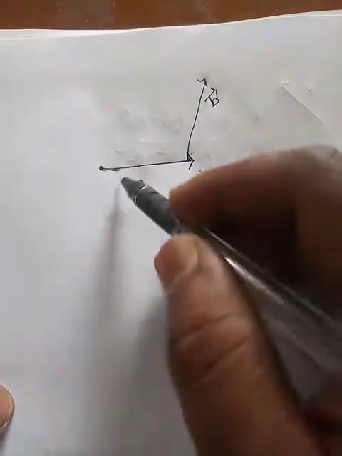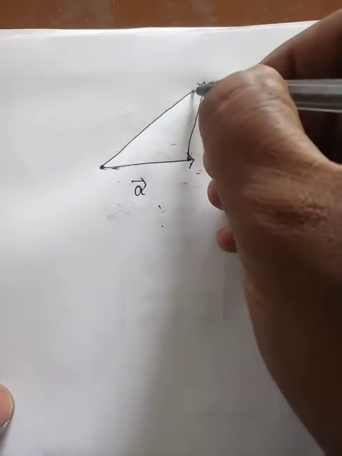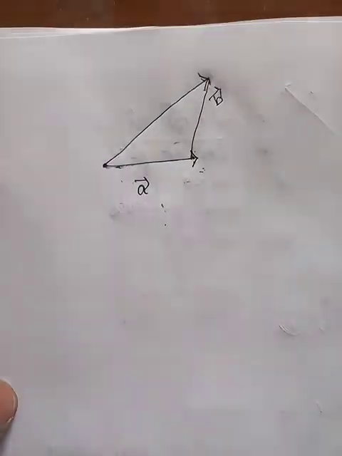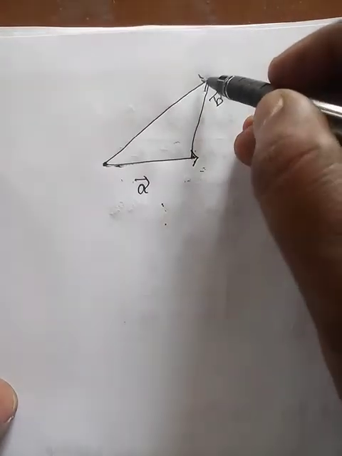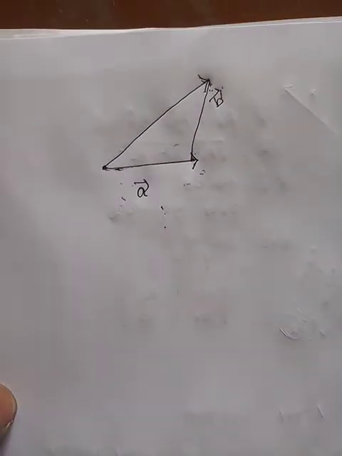Then this is not a triangle, then the other side gives the resultant vector in the opposite direction. Actually, what we have to do, we should connect tail to head, but we are connecting head to head, tail to tail. This gives what? Resultant vector in opposite direction, that is equal to what?